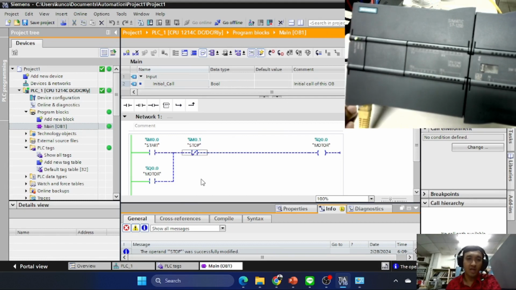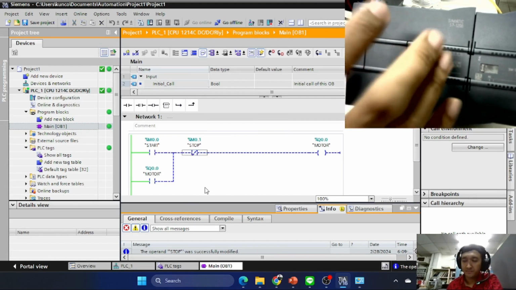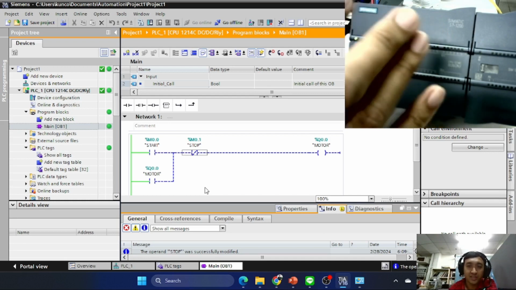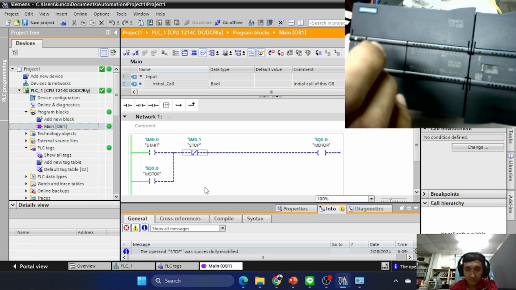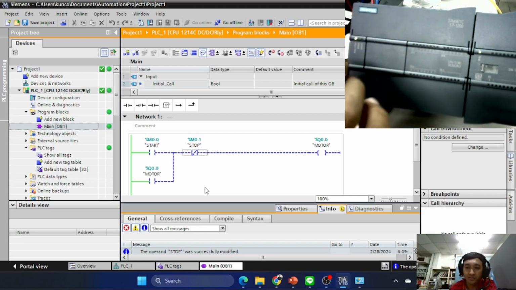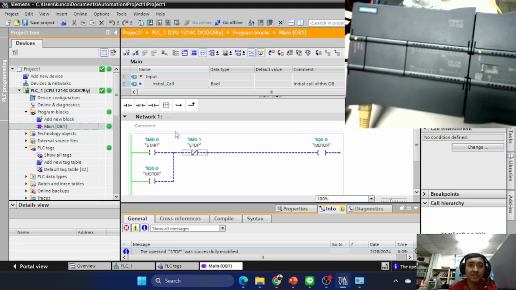Okay, now our PLC is already programmed, and we can make a user interface with Simon and control our PLC.